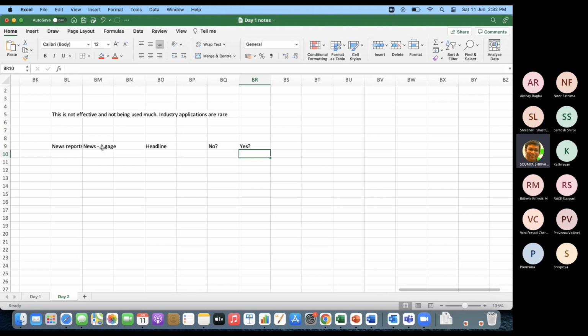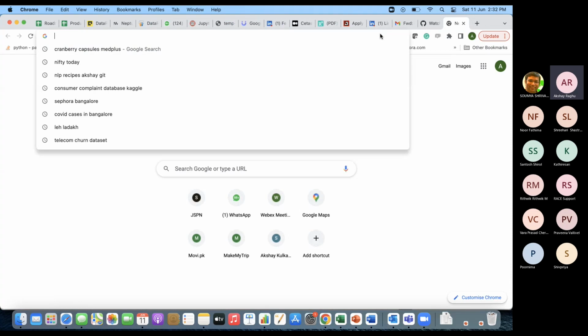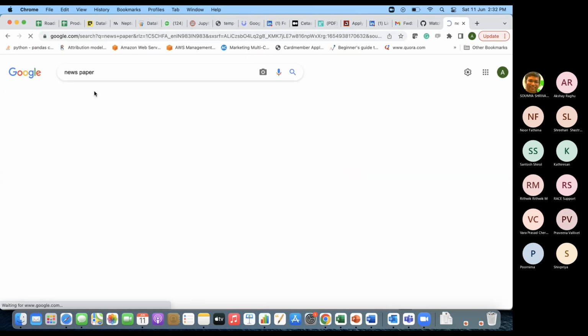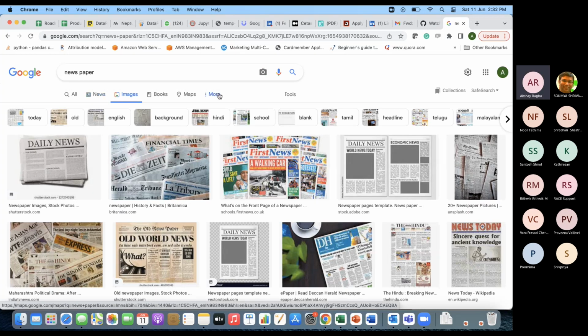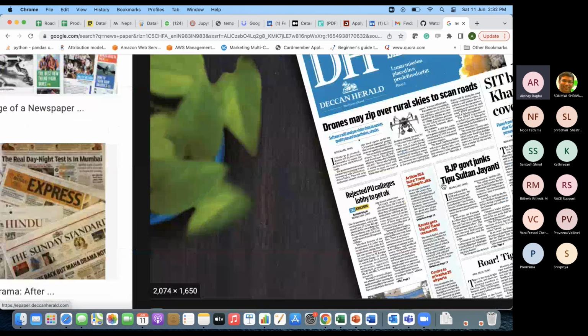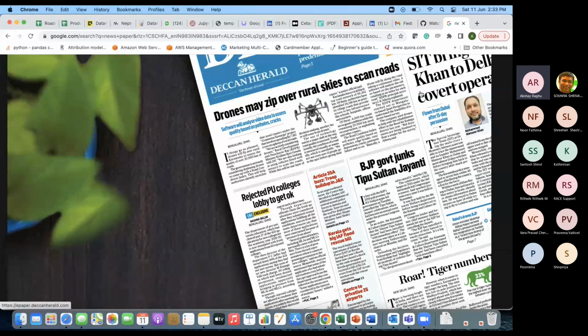Anyone in the yes? Actually, just to understand, the problem statement is we have many articles from which we need to concise. But you mentioned these news reports, okay, articles. Let me do this. So okay, this is how your news looks like. Correct? Yep. So like this, you will have maybe